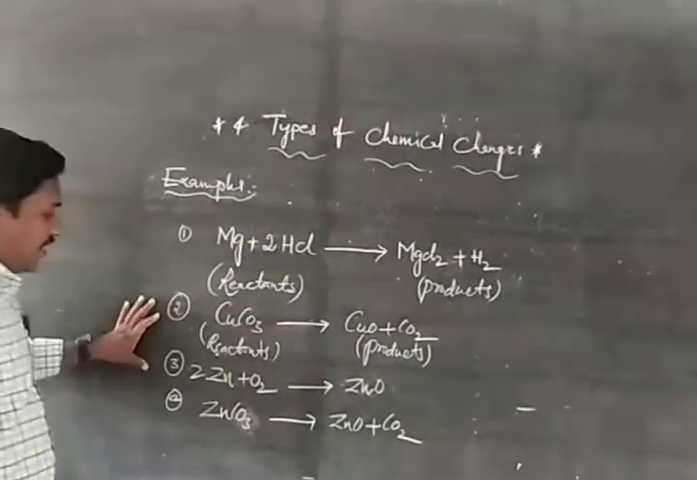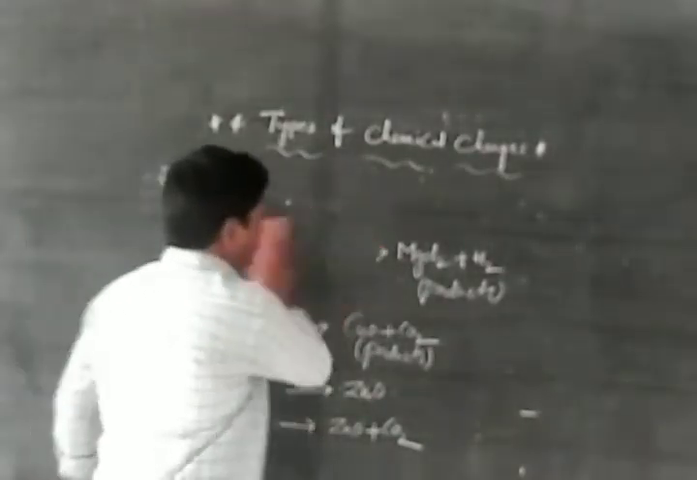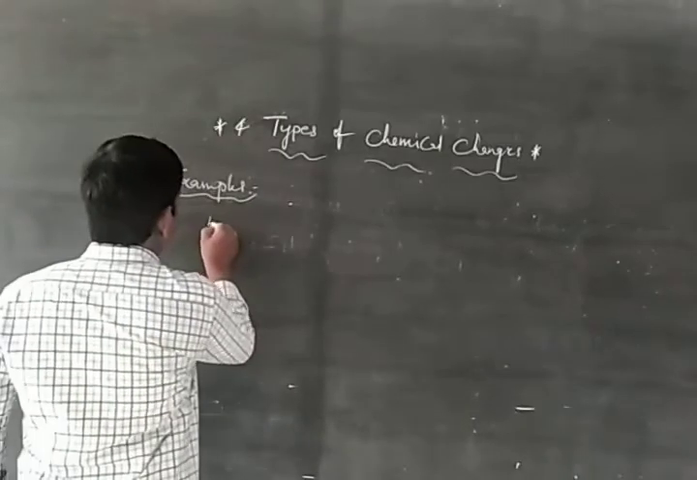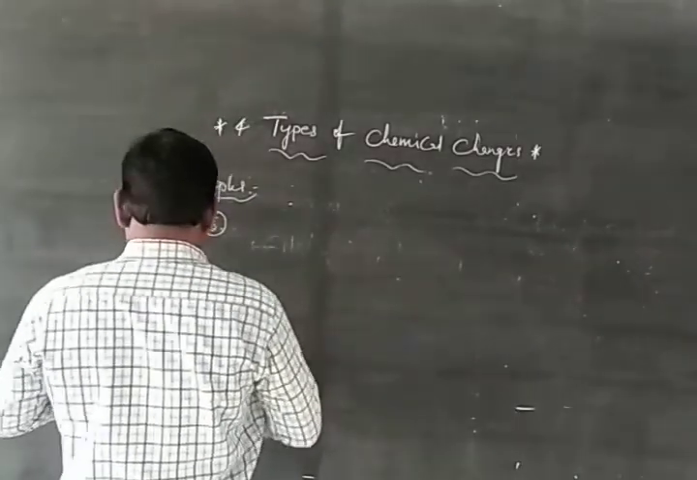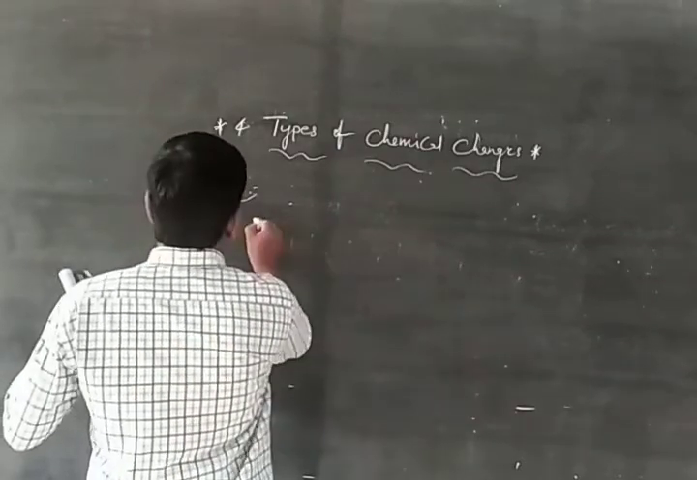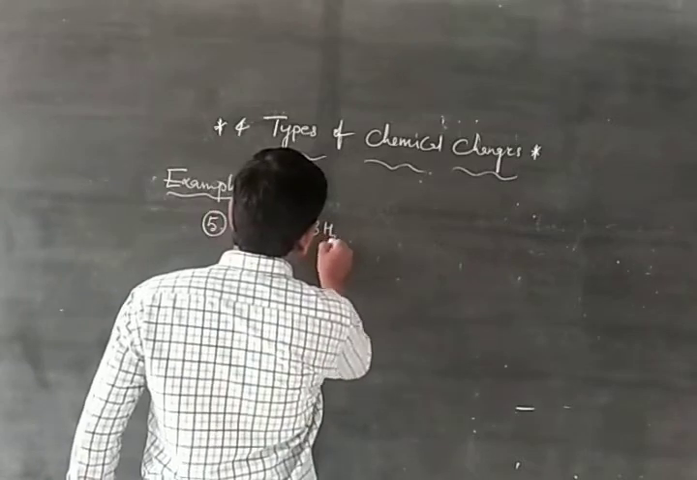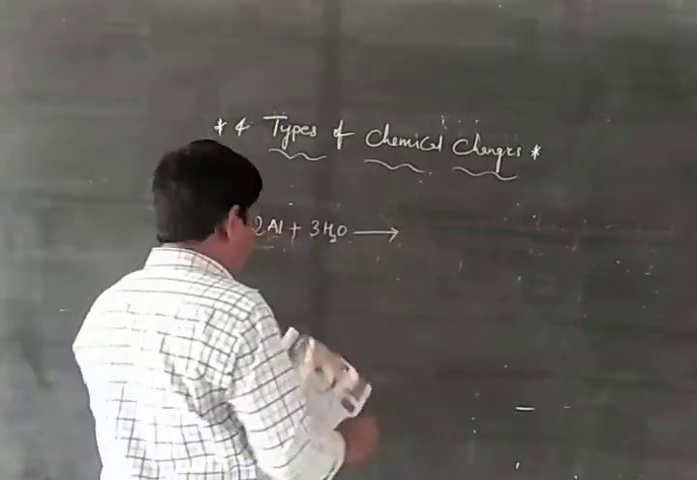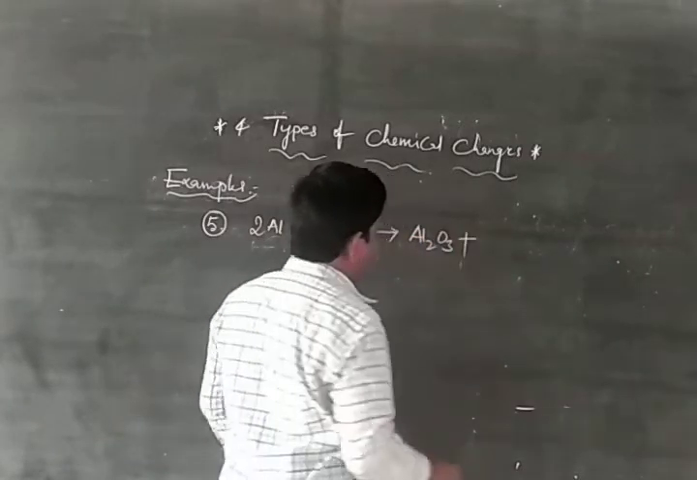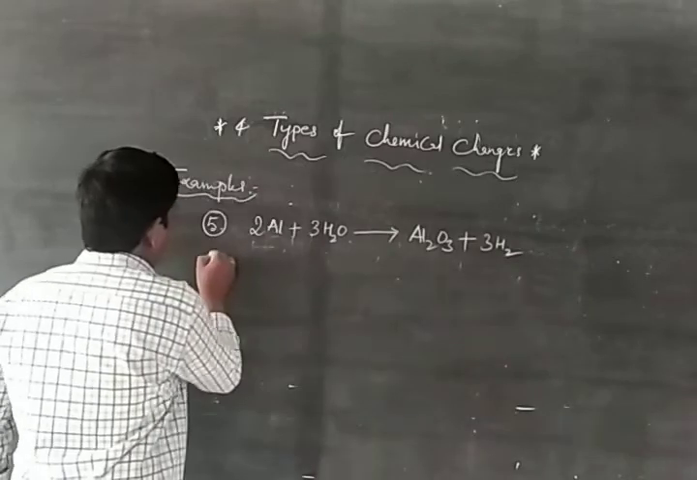And I am writing some more, right now after this fifth one: Al plus 3H2O gives rise to Al2O3, aluminum oxide, aluminum trioxide, and 3H2. And sixth one,